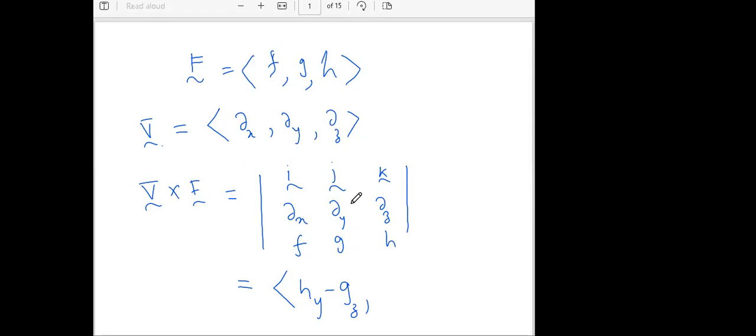And the next one, ignore this column and row. Negative, remember this negative sign. This one times this. Okay, partial, then this is the other way around. h with respect to x. Yeah, the other component, this one is g with respect to x minus,